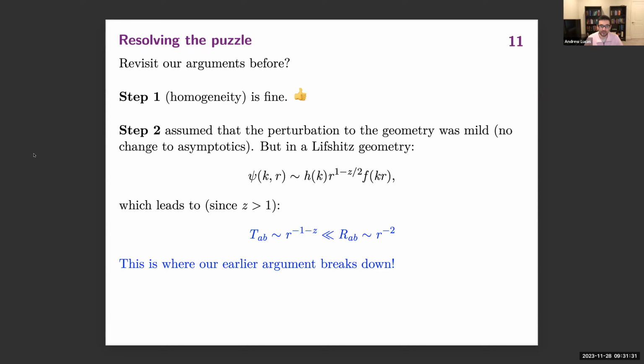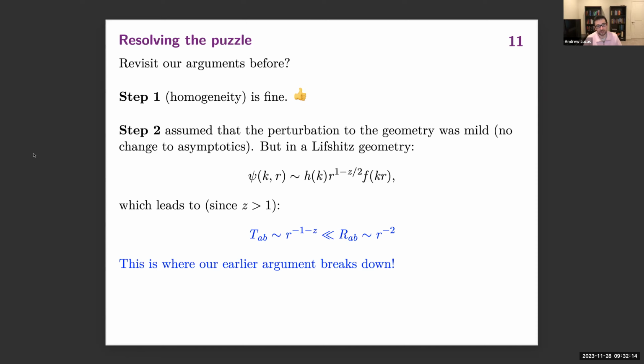However, in a Lifshitz geometry, it turns out that there is an important correction to those scalar modes which was missed. And it turns out to even be missed in the Hartnoll-Santos resummation method. And it's missed because what a Lifshitz exponent does is it also changes the leading order power law that sets up the rest of the series expansion for psi. So if I look at psi at each wave number k in the Lifshitz geometry, I don't have r to the minus 1/2, or r to the 1/2, I have r to the 1 minus z over 2.